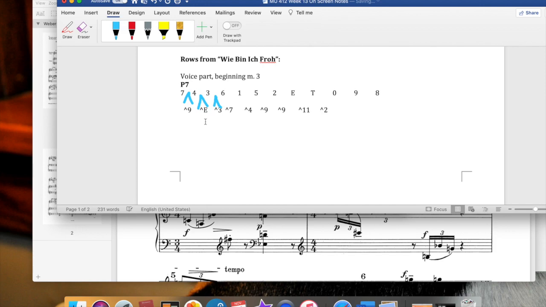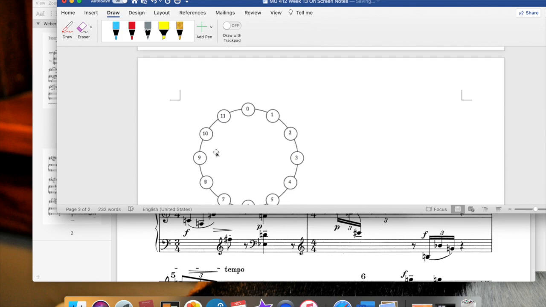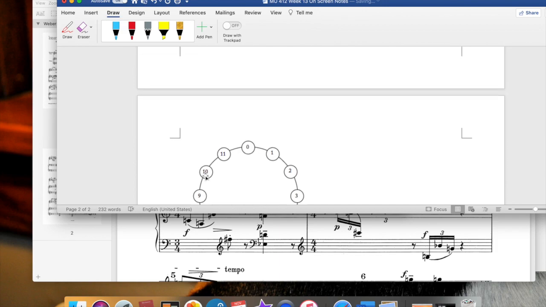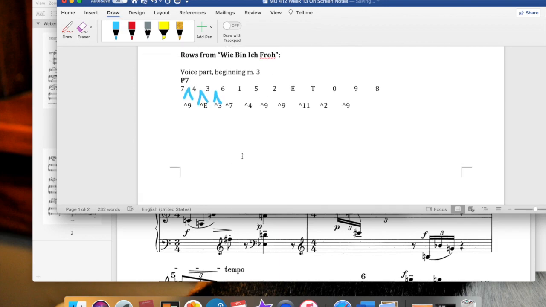From 0 to 9 is actually just 9, like it seems like it would be. And from 9 to 8 is another of those times when it's not just 1, it's a difference of 11 because we have to go all the way around. So there's 11 again.